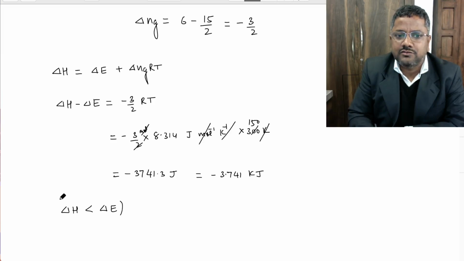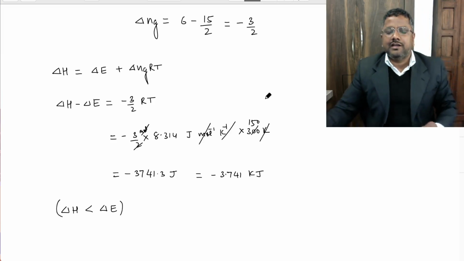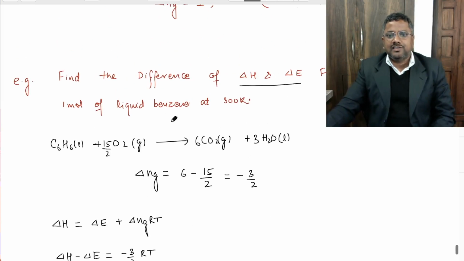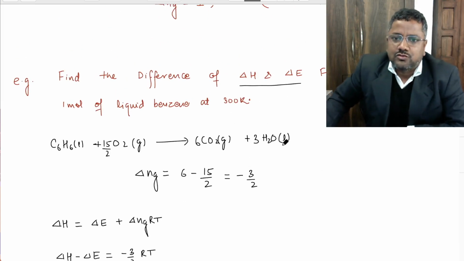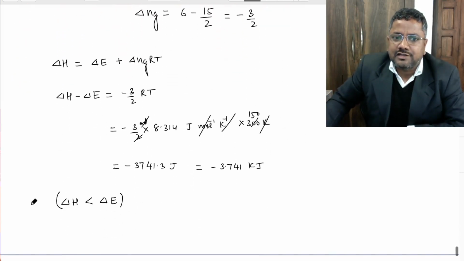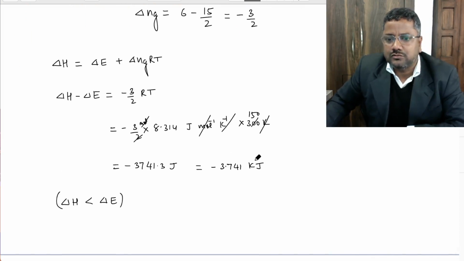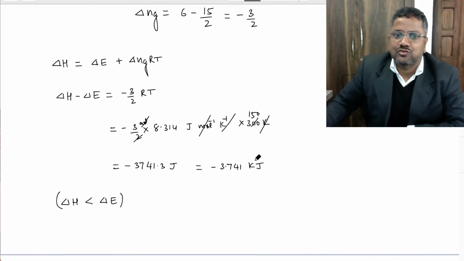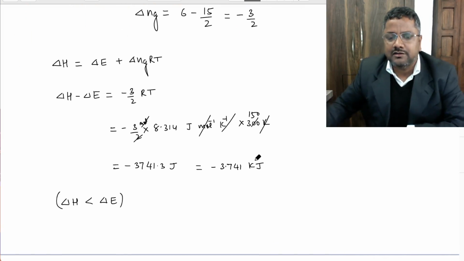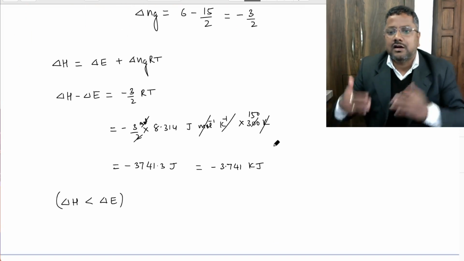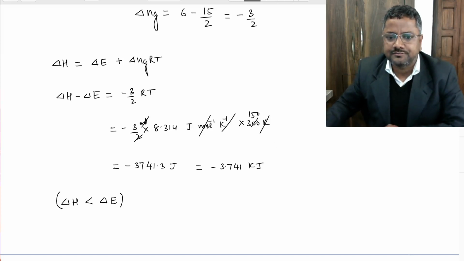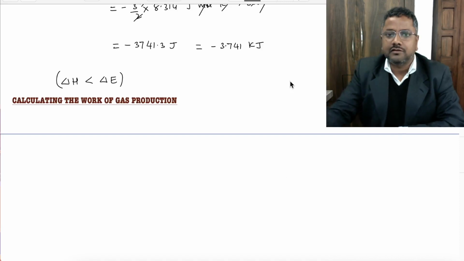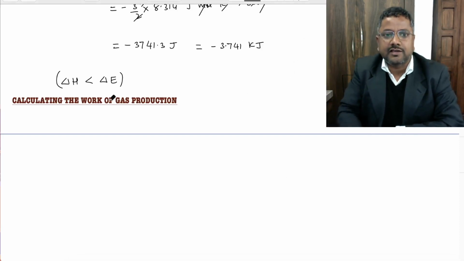Means when you evaluate experimentally the delta H and delta E for this combustion of 1 mole of benzene at 300 Kelvin, your delta H is less than delta E by this kilojoule, right? So in this way you can evaluate or make the relation between delta H and delta E, right? See, one very special case we have that work